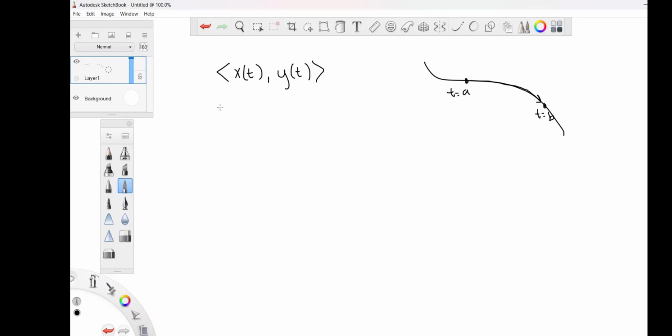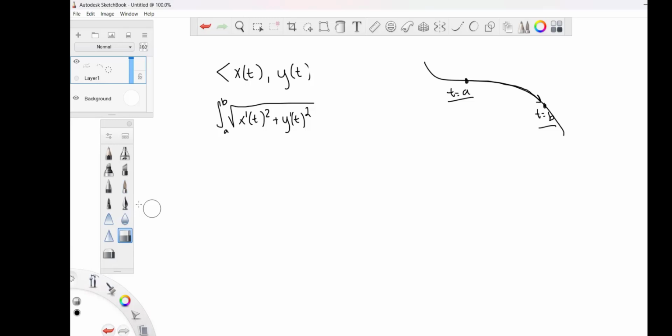And the formula for arc length then is the magnitude of the derivative. So if I take the derivative of each component, square them and add them together, this integral here will give me the length of the curve from that a to b. So I knew this formula existed, and